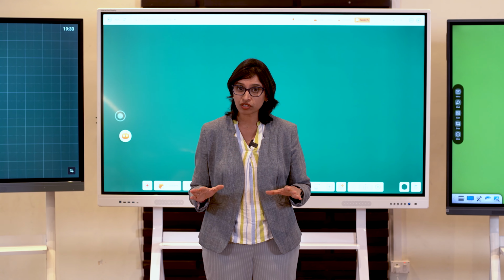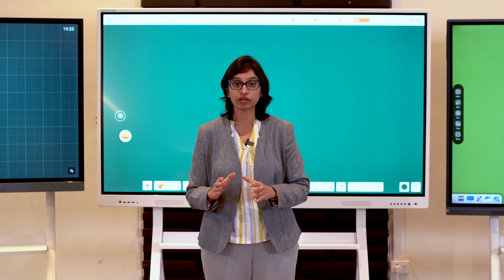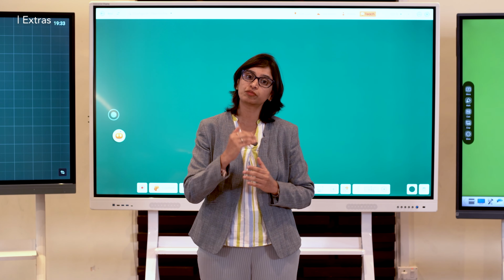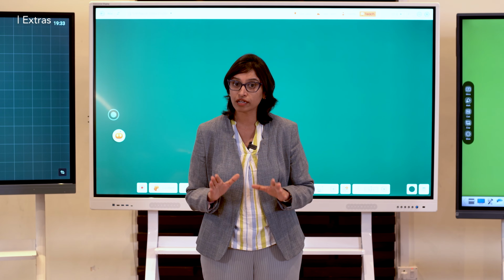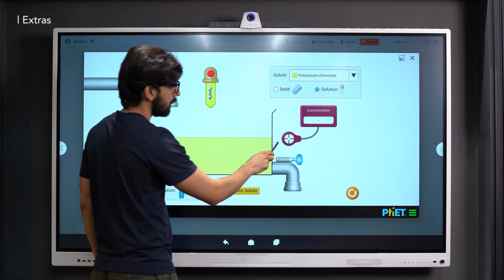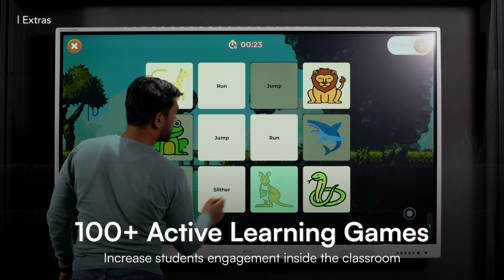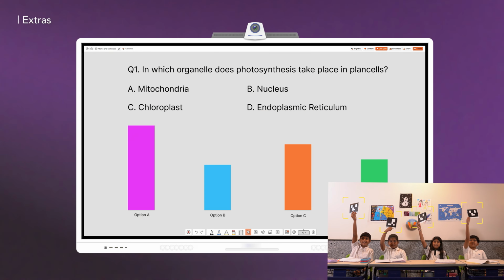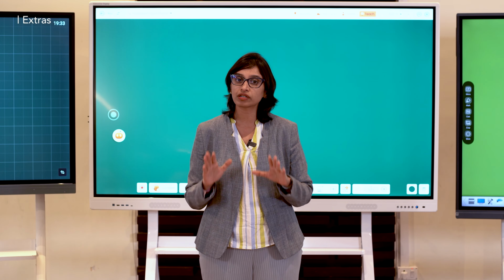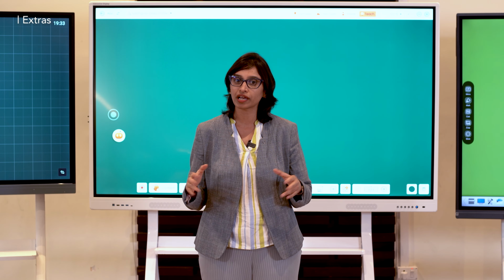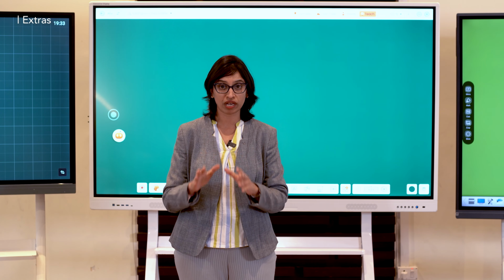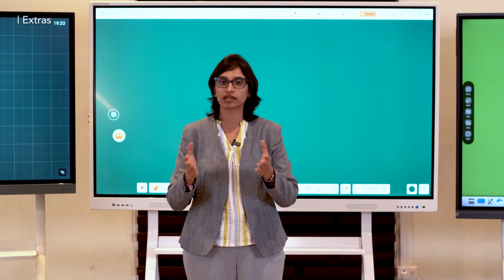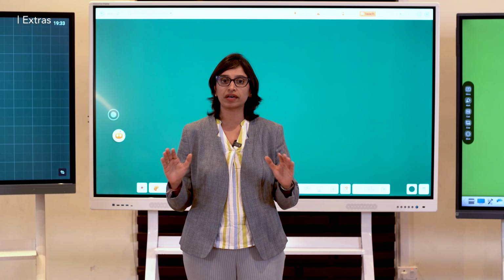Beyond all the common features, some digital boards offer interactive elements that could add to your teaching experience. This could include virtual lab experiments, built-in 3D models, interactive educational games, and tools for conducting quizzes or tests in the classroom. Such features can make your teaching and learning environment more engaging and dynamic. So in case you get all of them bundled together in your interactive display, this is definitely the best.